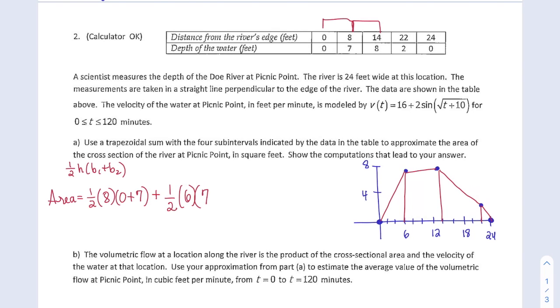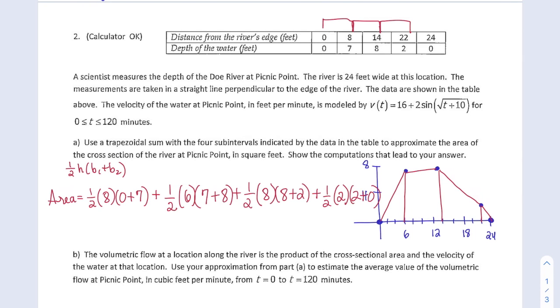One base is 7, the other base is 8. Our third trapezoid is going from 14 to 22, so that's a height of 8. Our bases are 8 and 2, and our final trapezoid is a width of 2, and our bases are 2 plus